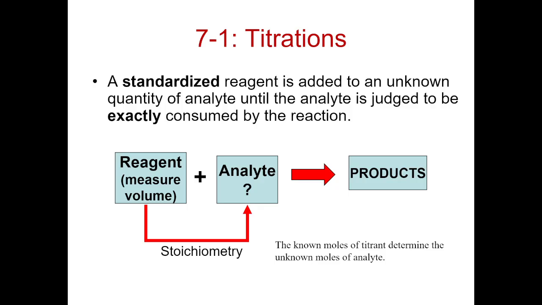Like a bad dream. All right, so in a titration, a standardized reagent is going to be added to an unknown quantity of analyte until the analyte is judged to be exactly consumed by the reaction. And so you have a reagent, you'll add it to an analyte, it'll stoichiometrically consume. That stoichiometrically does not mean it's 1 by 1. It means that it's either 1 to 1, 1 to 2, 1 to 3, 2 to 3, you know, that